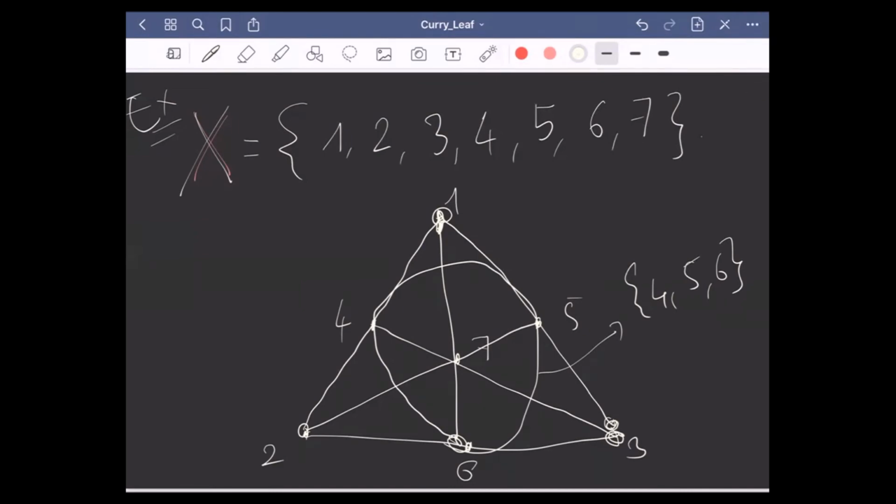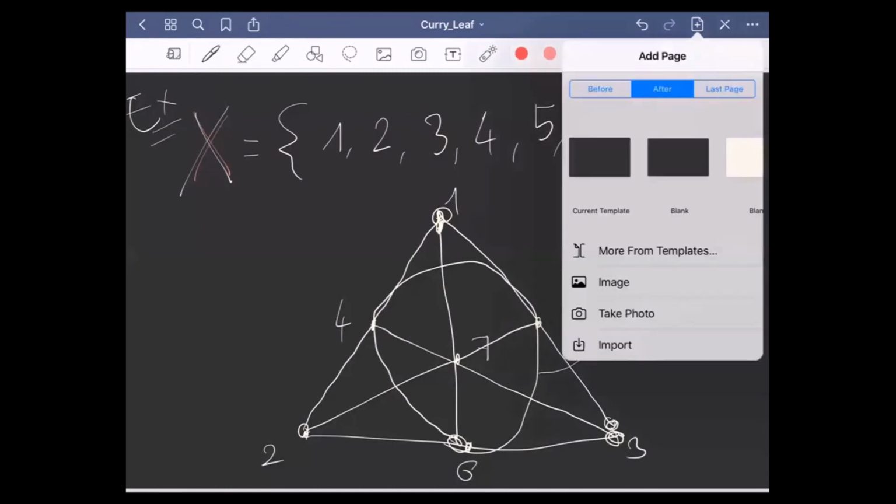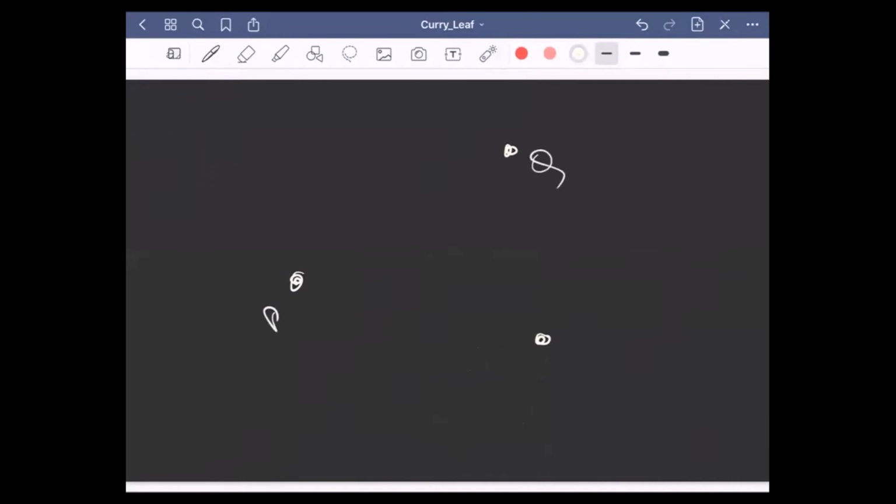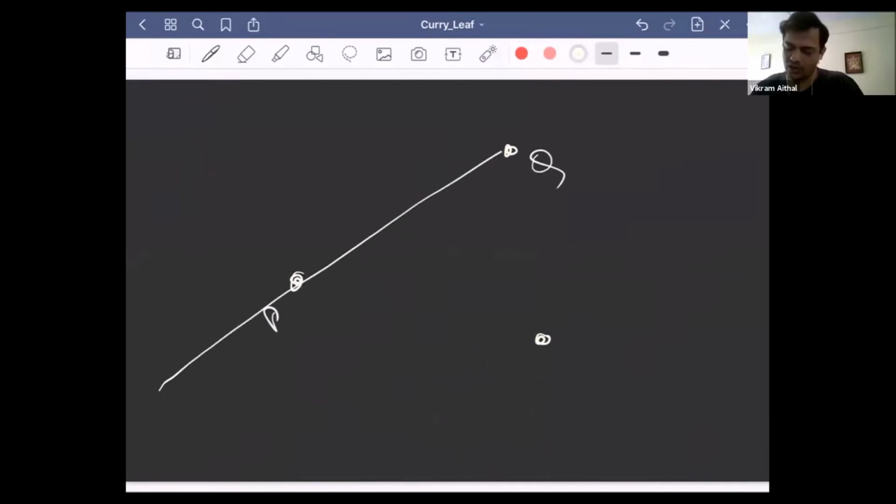Let's go back to R2. So now we know that we have 3 non-collinear points. Okay. So now I have these 3 non-collinear points, and I can draw a line passing through P and Q. Right? So what does that mean? In R2, I can have a situation where I have a line and I have a point R outside it.